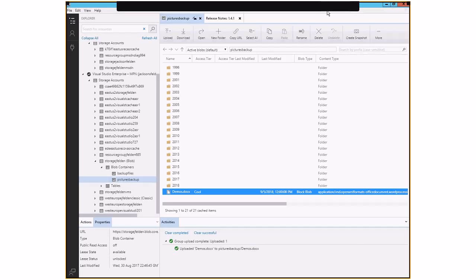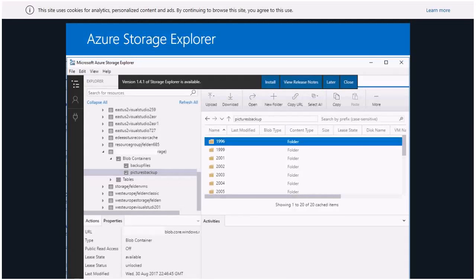Really nice. And you don't need an agent. You basically don't need anything, to be honest. It's just drag and drop work. That's just to share a bit of the Storage Explorer.